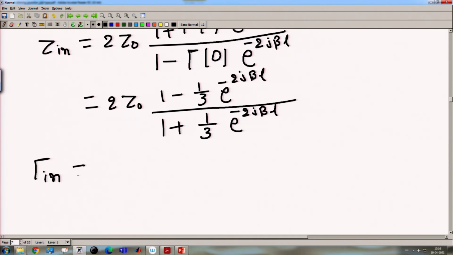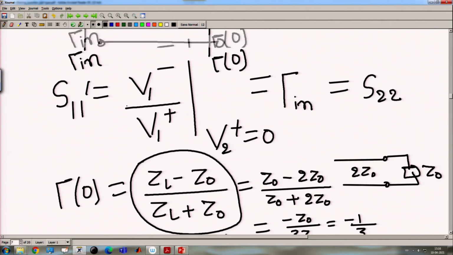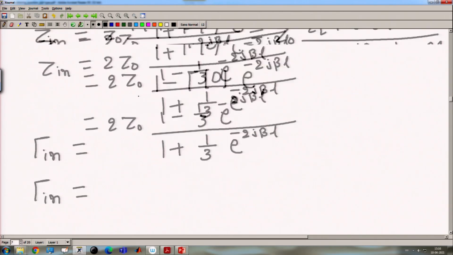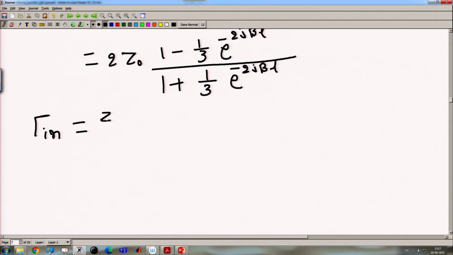Gamma in, we are seeing from this port, so gamma in will be (Z in minus Z naught) divided by (Z in plus Z naught). Now, we can substitute the Z in value from here. After substituting, Z in becomes 2 Z naught, Z naught will cancel out, and in the first part it will come 2